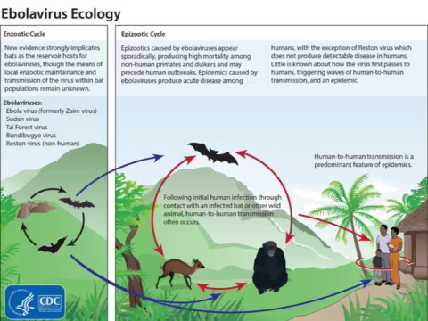So once it is transmitted to humans, then the human-to-human transmission is the way that it spreads out through the population. And in fact, they've done a lot of research on the current outbreak of the Ebola virus. And through genetics, they've been able to conclude that this particular outbreak was the result of one transmission from bats to humans, and then from there it spread out to a large number of people.